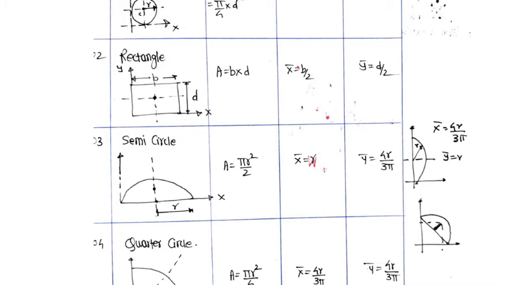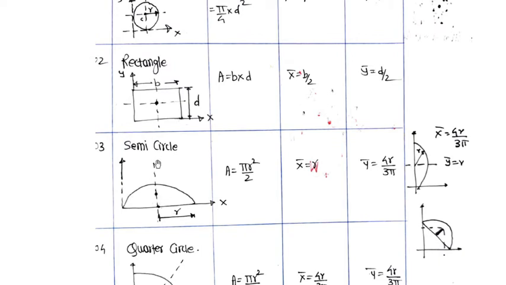Semicircle, the third figure, is a semicircle. Now, again the semicircle is placed in the first quadrant. The radius of this semicircle is r. So, area is equal to pi r square by 2, half of the circle. Now, for a semicircle, we can draw a vertical line of symmetry. We cannot draw a horizontal line of symmetry for this semicircle. So, only the vertical line is there, and it means that the centroid lies on this line.